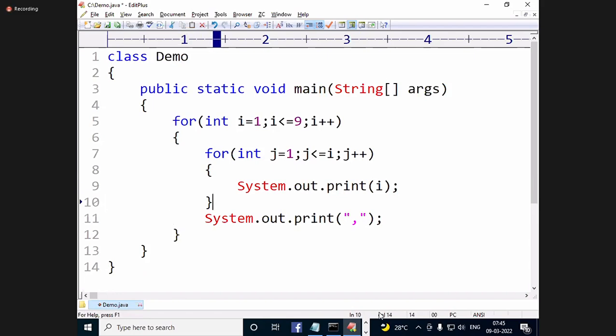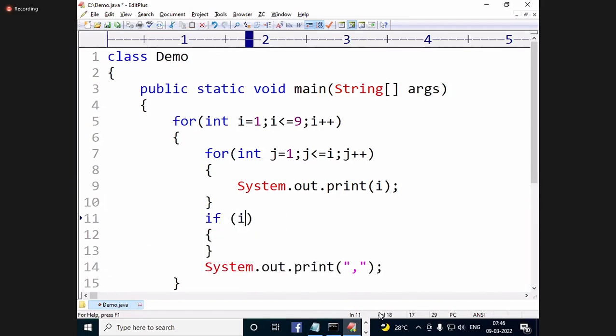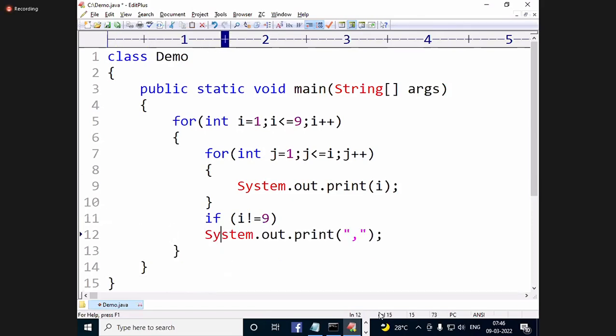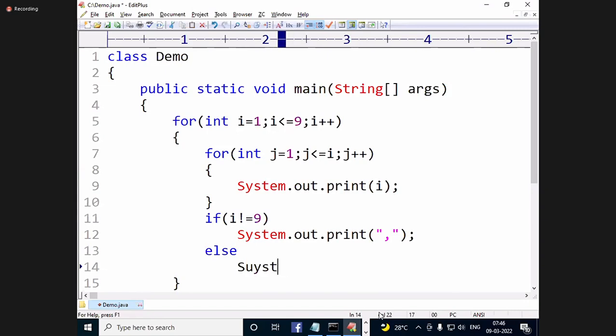Here, while printing, if I is not equal to 9, comma, else full stop. That's it.